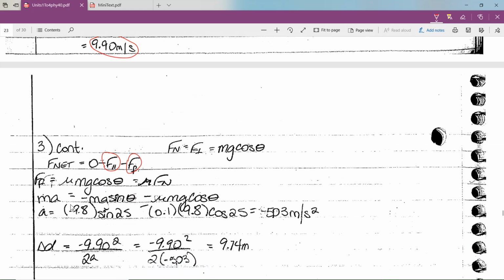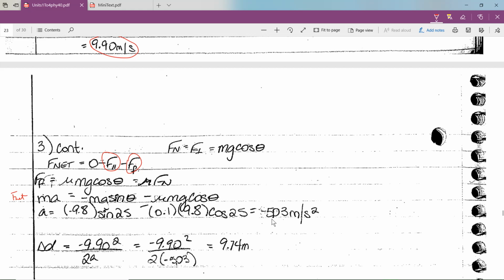And so if you want to show off a bit, the force of friction is that, and my net force then is ma, which is minus mg sine theta minus mu mg cos theta. Force parallel minus force of friction. And you can factor out the mg if you want, punch it all in, and you get negative 5.03 meters